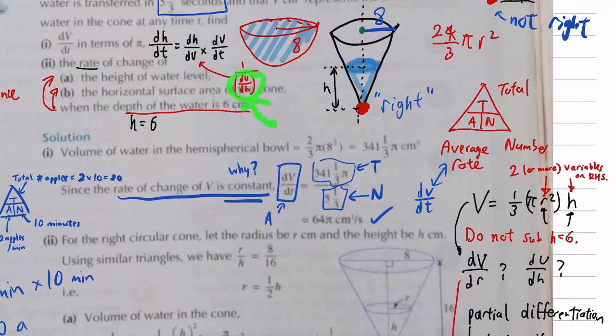Can you see what we need? It's dv by dh. Clear? Not dv by dr. I don't want dv by dr. I want dv by dh. Is it clear to you? Okay, good. So if you know that you need dv by dh,